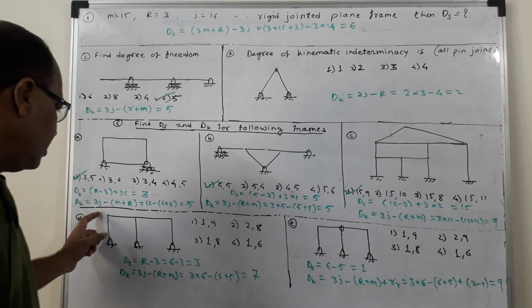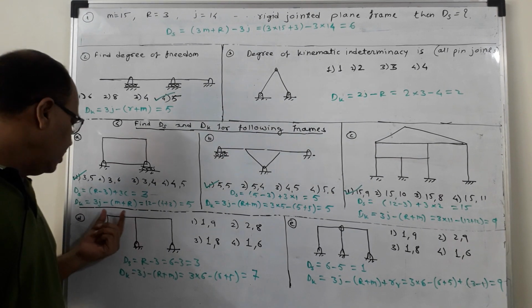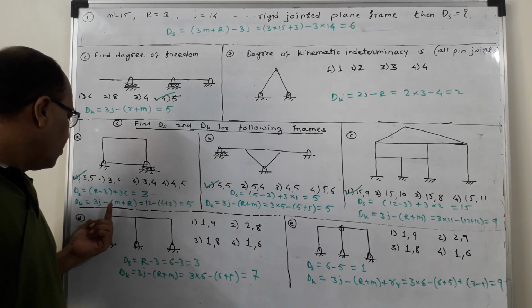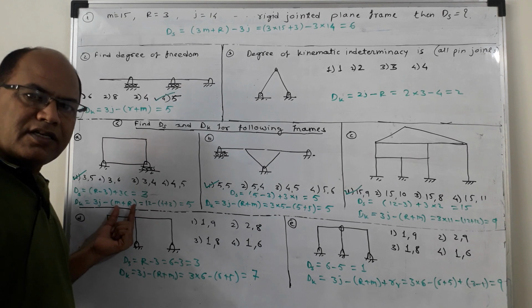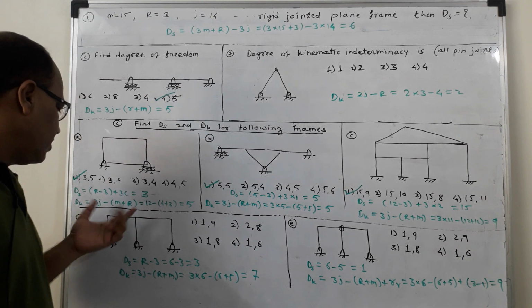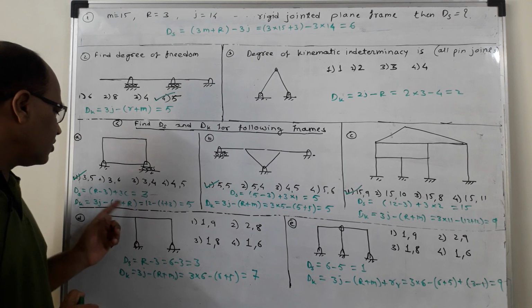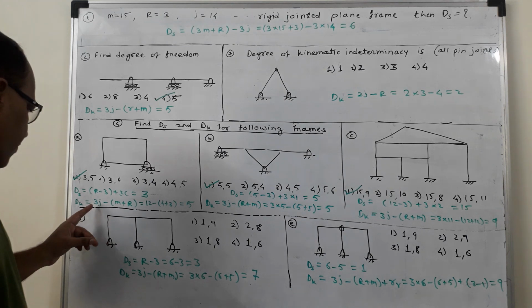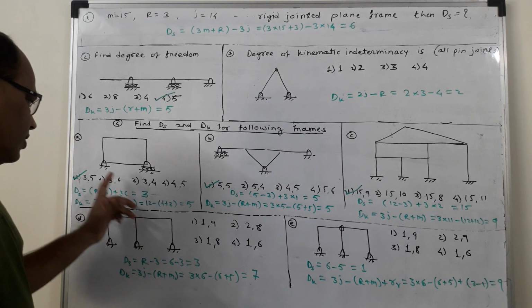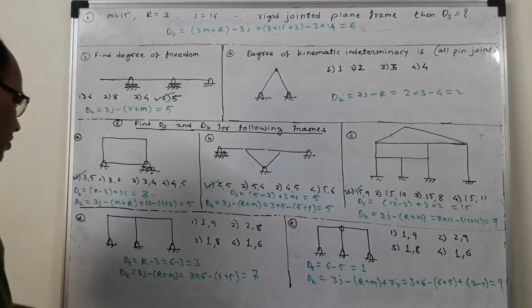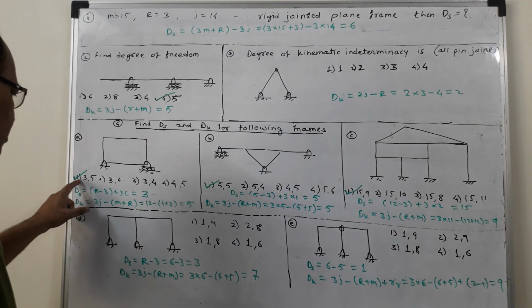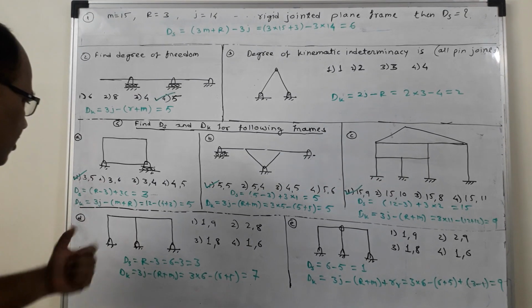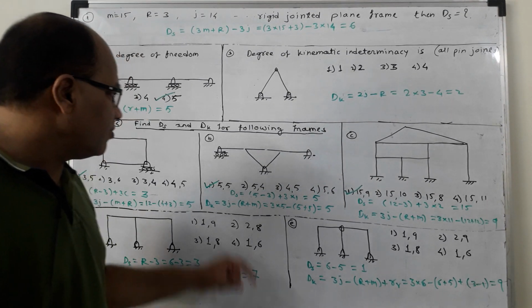dk is given as 3j minus m plus r. So 3j is equal to the total number of displacement components, minus the total number of constraints which are provided by means of the reaction provided by the supports, and some other factors such as inextensibility of the members. So here 3j is equal to 12, m is 4 and r is 3, the answer is 5, and that is why the correct answer is option 1, which is 3, 5. 3 is the degree of static indeterminacy, 5 is the degree of kinematic indeterminacy.